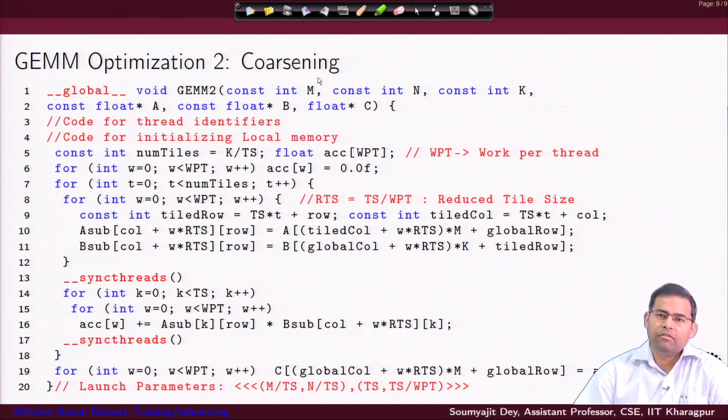Fundamentally, what we are trying to do is ask that, even inside a tile, I need not have the same number of threads in the block as is required for computing the number of elements in the tile. Rather, in my thread block launch, let me have a smaller number of threads for computing the entries of the entire tile. That would mean, for one thread, I am not just delegating the activity of computing one final output in the matrix, but rather I am asking you to compute more than one entry in the final matrix, right.